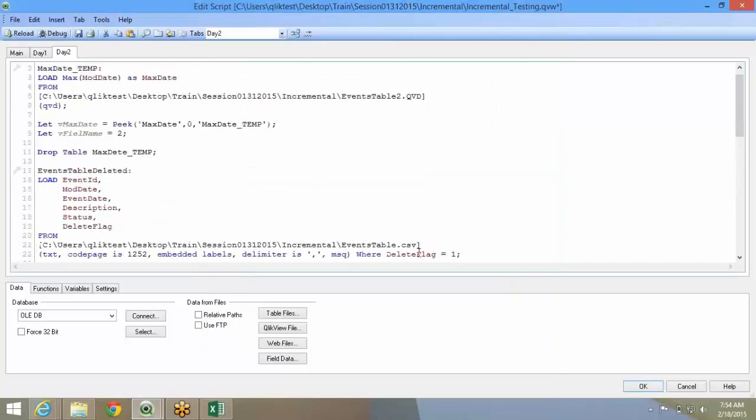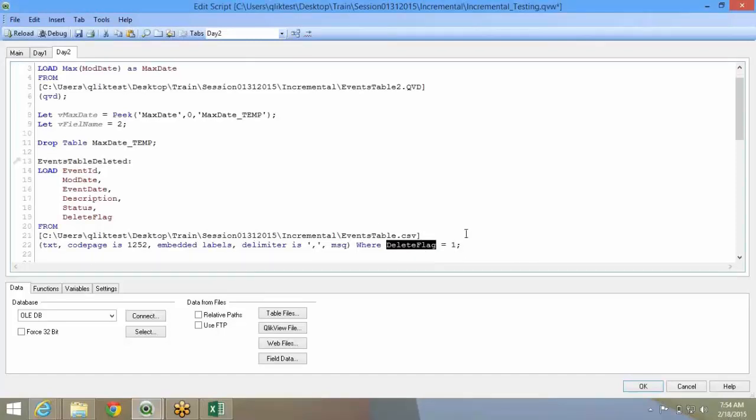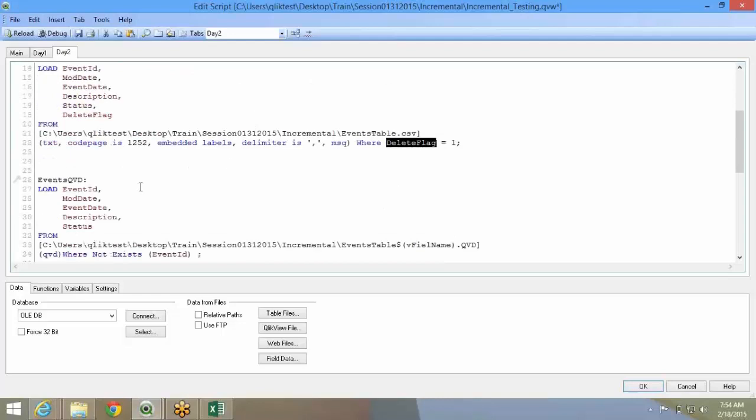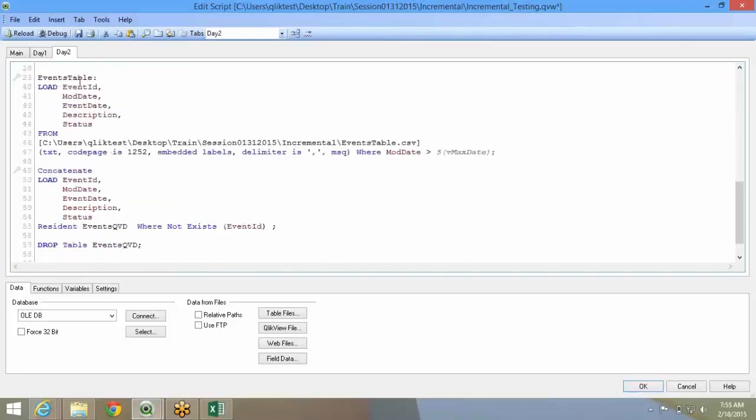So if you see, first what I'm doing is I'm loading all the deleted records. The records which are flagged as deleted, I've loaded that. Using that, from the events existing QED, I'm getting the records, eliminating the deleted records. Now, again in the events table, I'm loading it from the data source. I'm loading all the data that is modified. Now, I will get even the deleted records. When a deleted flag is created, a modified date is created. So it is okay. I will get the deleted records here. It doesn't matter to me.